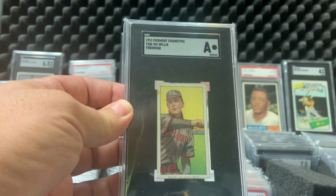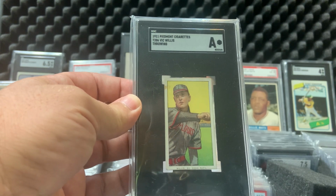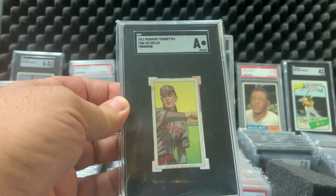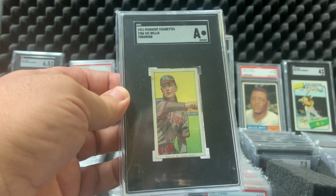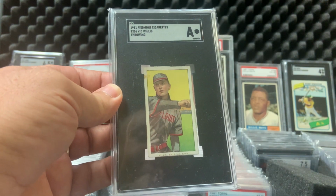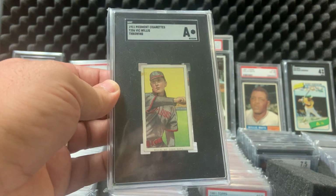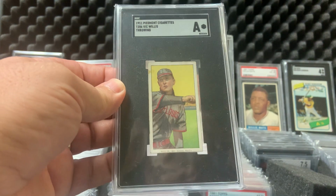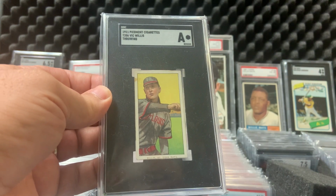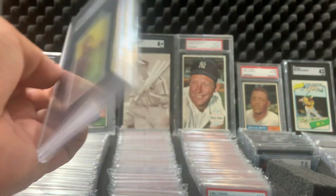In 1902, he pitched in 51 games, 45 complete games, and in 3 of the games he also had saves. So in 48 games he either had saves or complete games. Finished the season with a 2.20 ERA. He was the last pitcher to throw a no-hitter in the 1800s. I talked about that 1902 season where he pitched